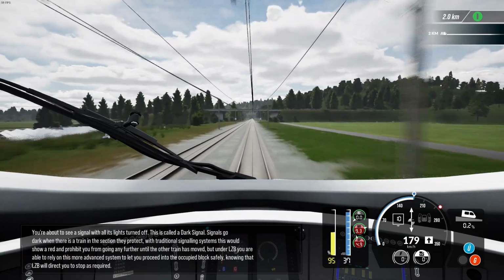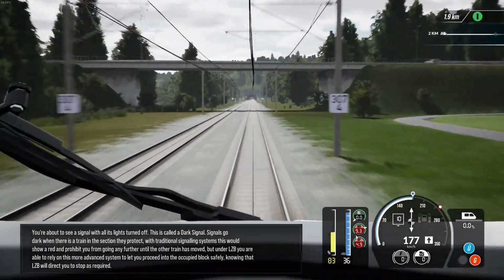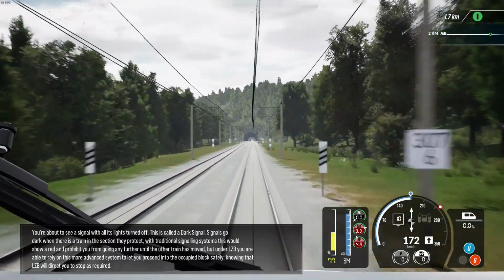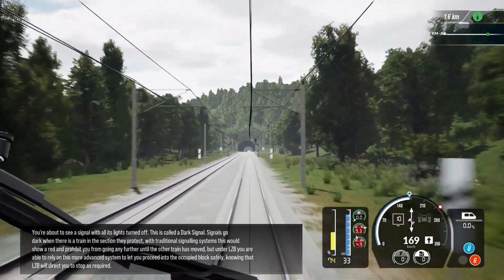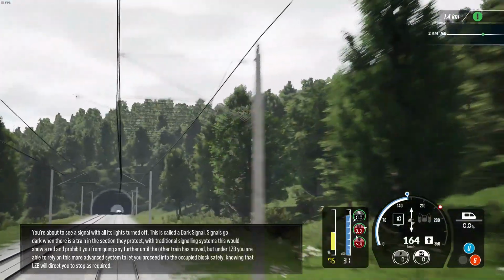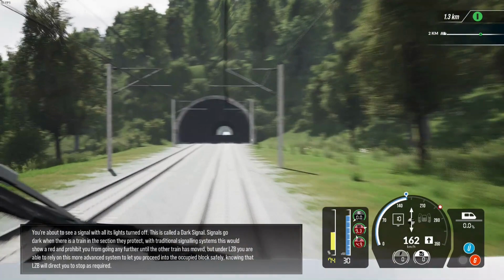Okay, you're about to see a signal with all its lights turned off. This is called a dark signal. Signals go dark when there is a train in the section they protect. With traditional signaling systems, this would show a red and prohibit you from going any further until the other train